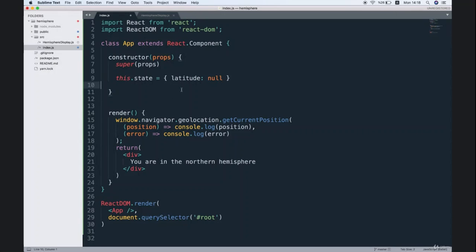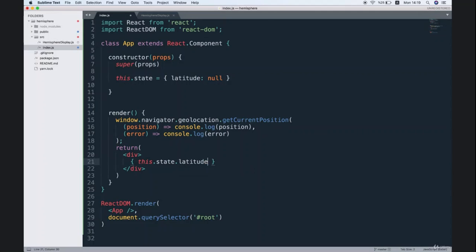So now we can freely reference this state object and the properties inside of it from any function inside of our app component. For instance, down inside of my render method, where we try to print out our latitude, I'm going to put in a set of curly braces because we're going to reference a JavaScript variable, and I'll say